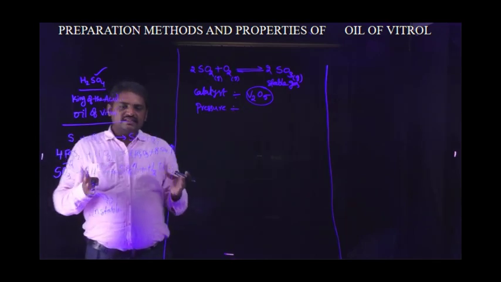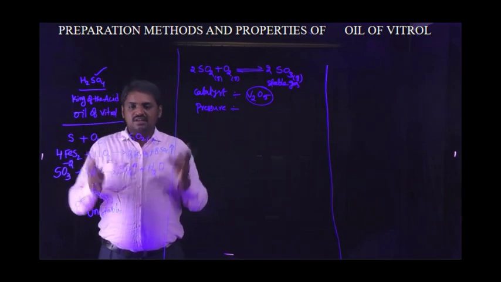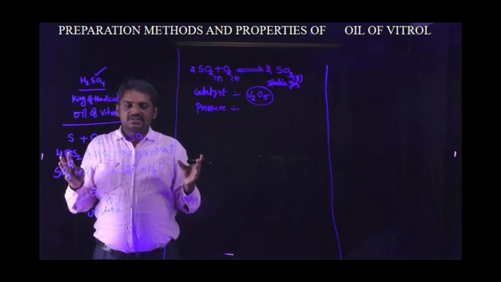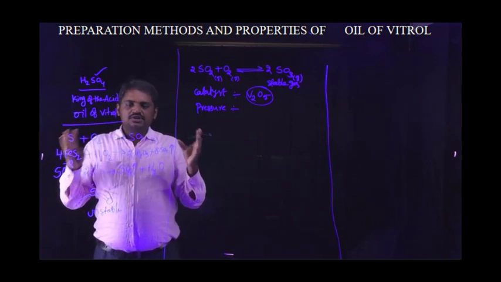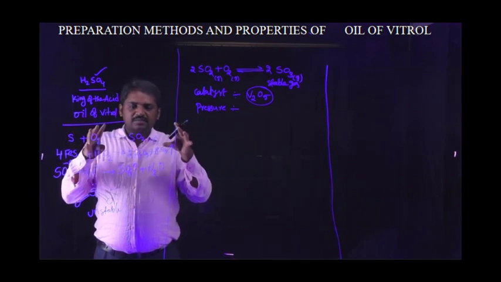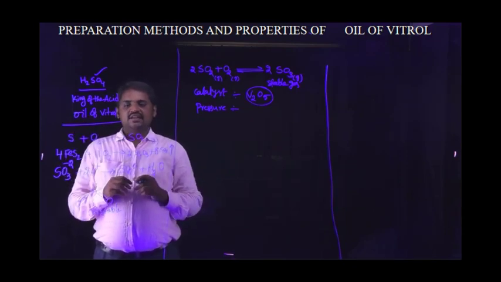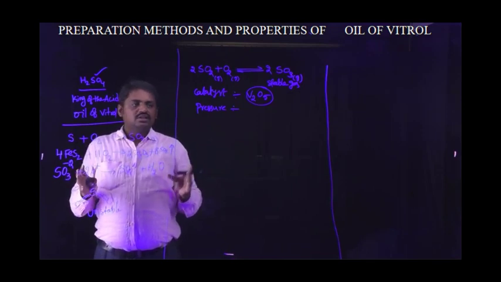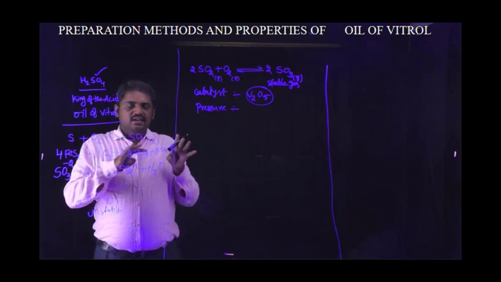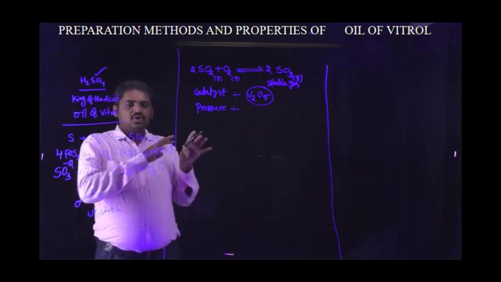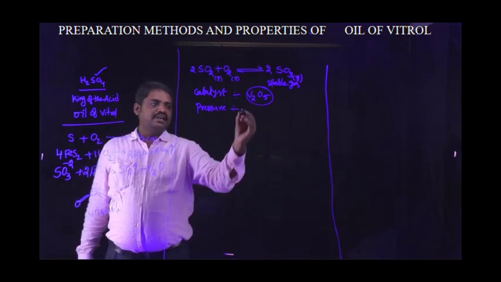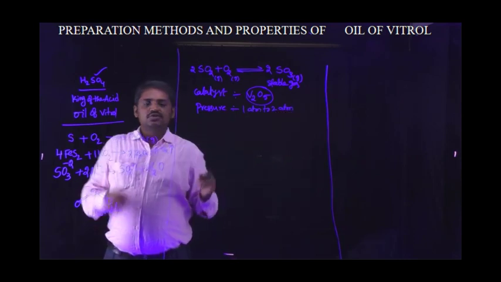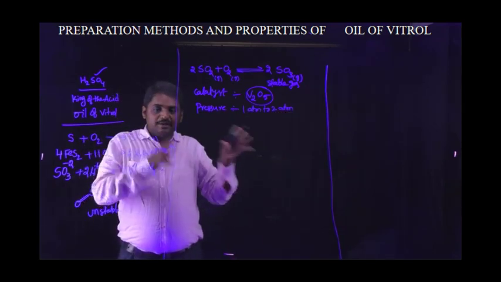But in this experiment, some acidic towers are there. In the presence of acidic towers, high pressure conditions are not maintained, because high pressure would collapse the acidic towers. That is the main drawback. So in this reaction, normal pressure conditions of 1 atmosphere to 2 atmosphere pressure are maintained. This is the optimum pressure.